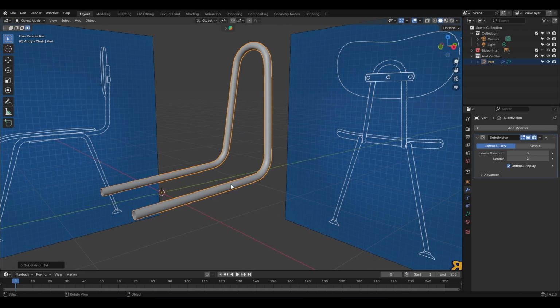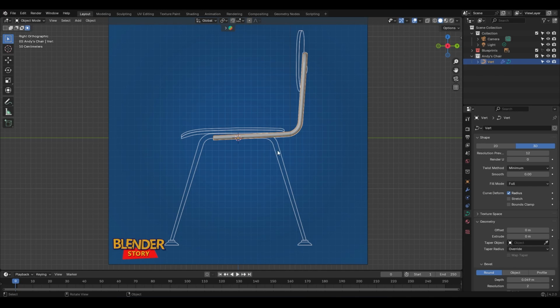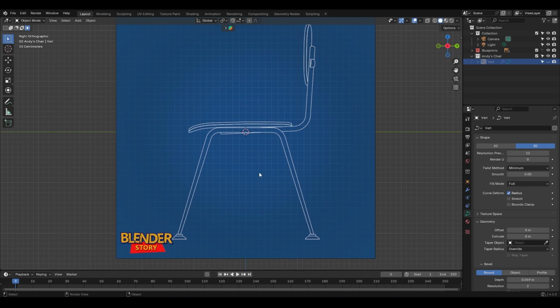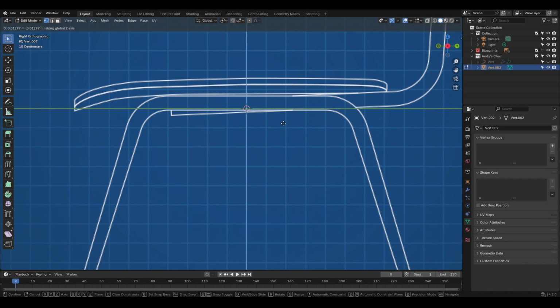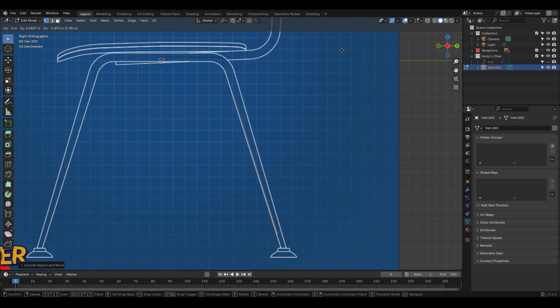Now let's move on to the lower frame. You should be able to create this on your own by now, but let's do it together. Okay, I'm going to select this piece and hide it with H, add a vertex, move it slightly higher, extrude it to here, and extrude once more to place it over here. Okay, now I'm going to adjust the vertex positions, press Ctrl B, then V to bevel and match this curve